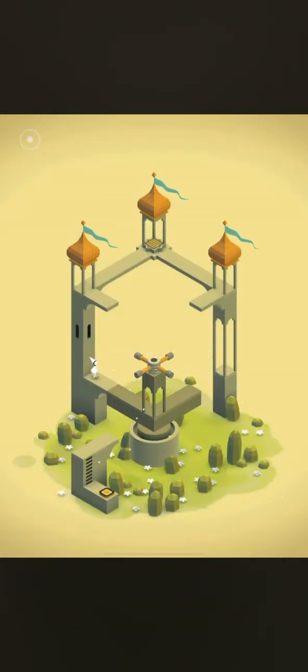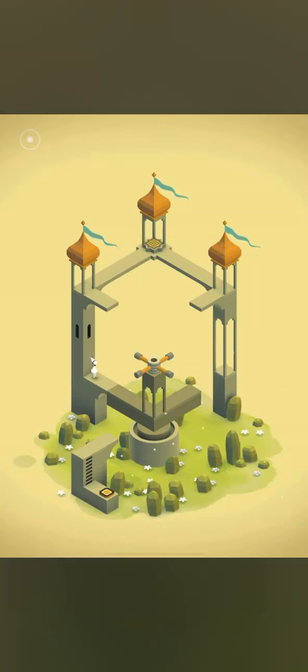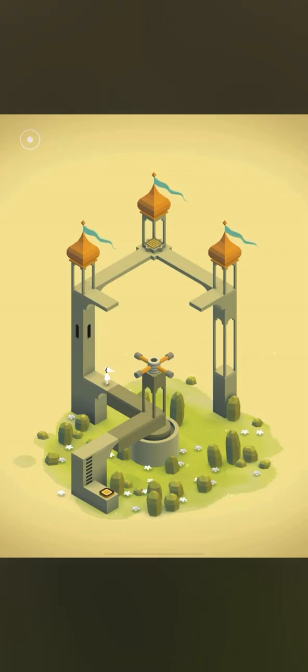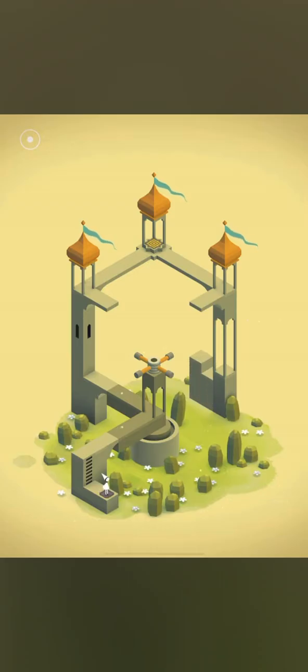Alright, so let's see. Okay, so when I moved over here, the little gear thing went away. So I guess I can't rotate that when she's on there. But if I put it at another angle, yeah, we can walk to this little ladder thing.